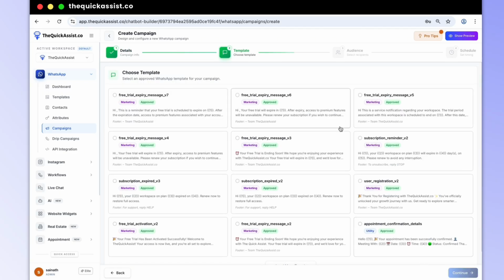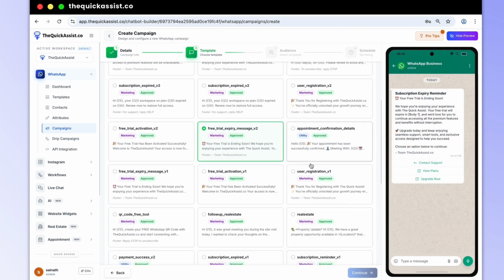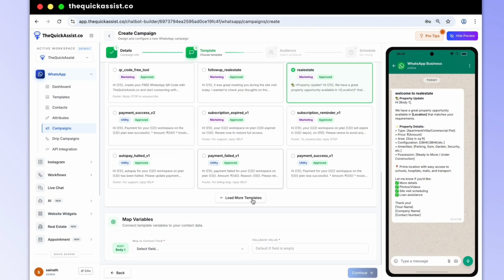After that, here you will see the templates which have been approved by Meta. Choose this and then select a field, suppose name, and give a value. After giving a value, click on continue.